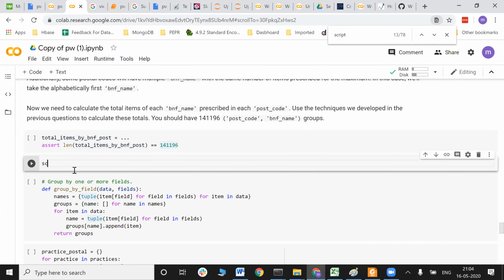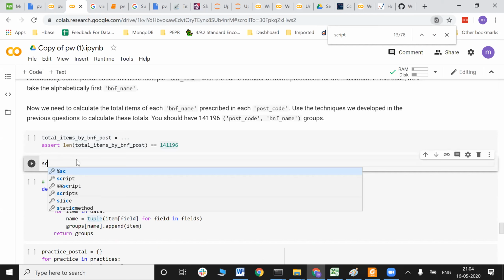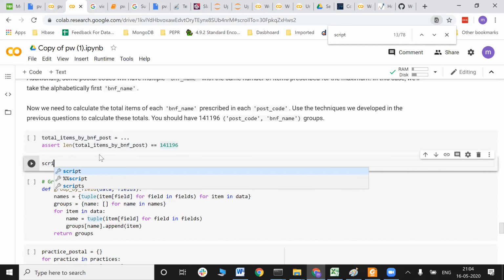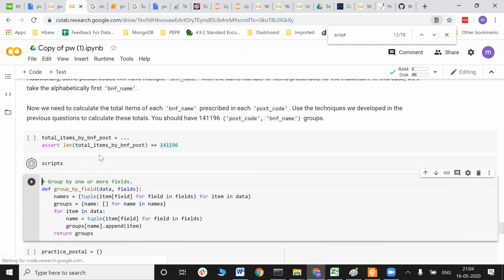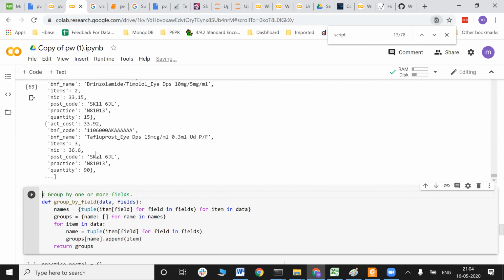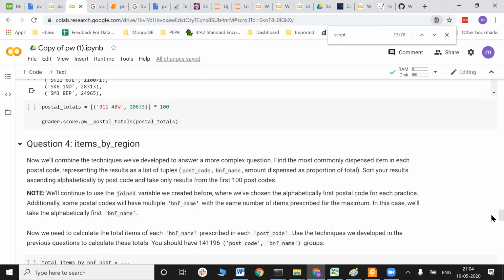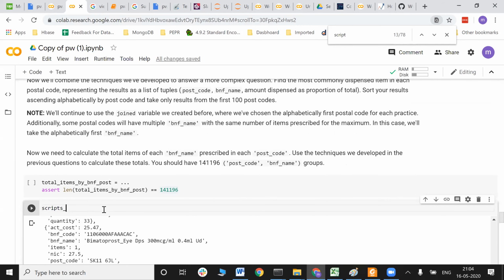So this is my scripts, and underscore m equals pd.DataFrame.